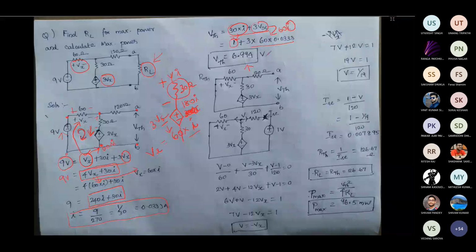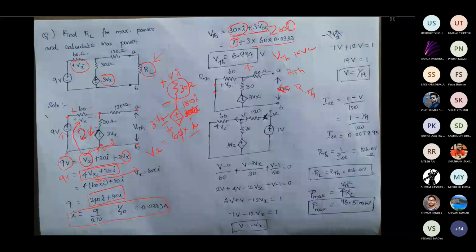Now this is for VThevenin. Again it is simple KVL and KCL. Based on that only we can solve the circuits. Then the second is to find the RTH. For finding the RTH, we have to collapse the independent sources available in the circuit. So here you are having a voltage source. You have to collapse it. We have to find the RTH across this terminal.